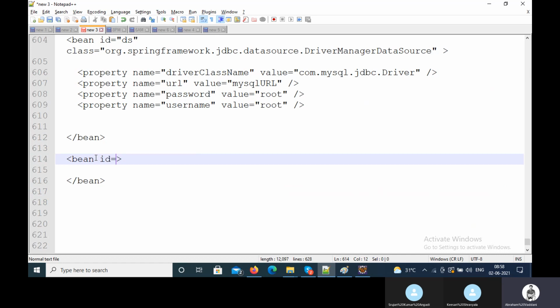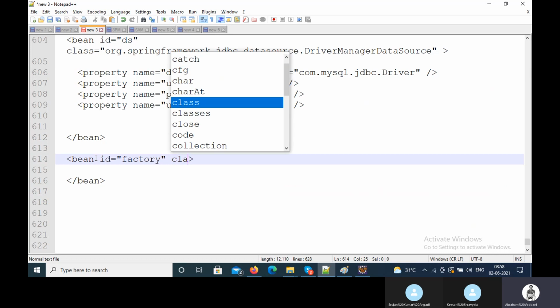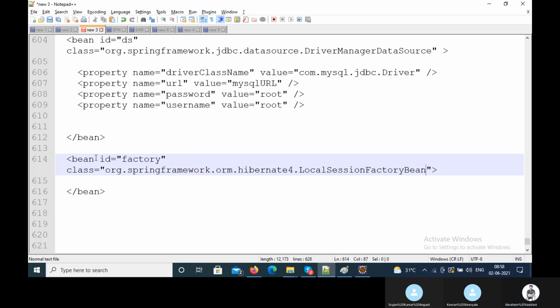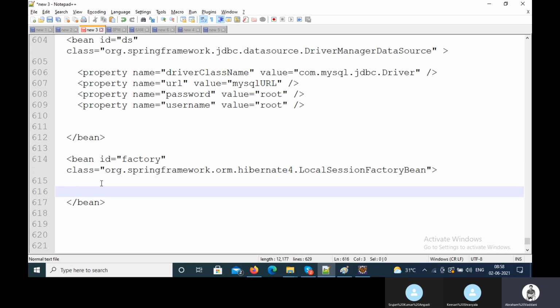Here the id is anything, your session factory, whatever it is, because we are going to take the class from the Spring framework ORM Hibernate 4, LocalSessionFactoryBean. So for this class, the object will be instantiated and referred to with the factory reference variable here. And now